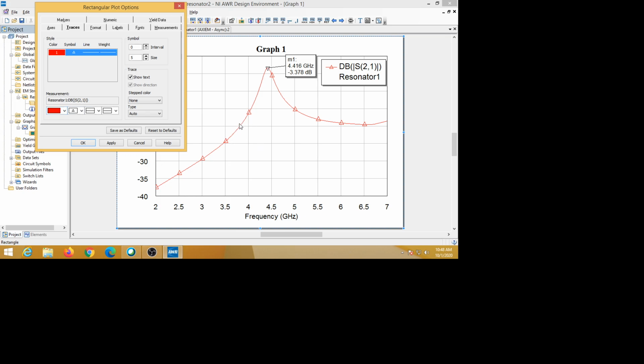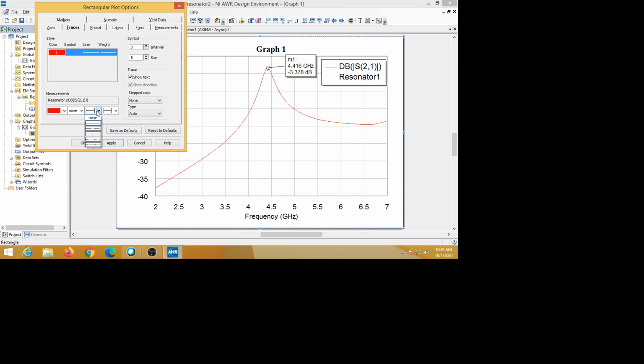Now you can see these bullets are there, you can remove those bullets. For example, if I choose none and apply, those bullets are eliminated from the graph. Or you can choose different bullets, say I am choosing X marks, so that X mark comes. So you can change the bullets used over this graph, or put none if you do not want them. That is the trace properties.